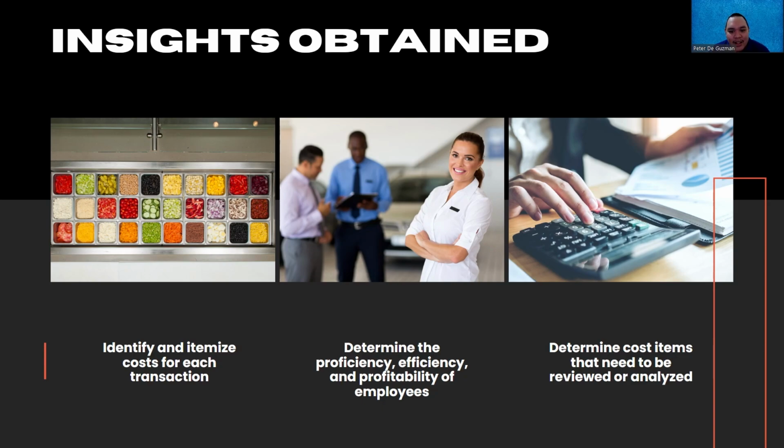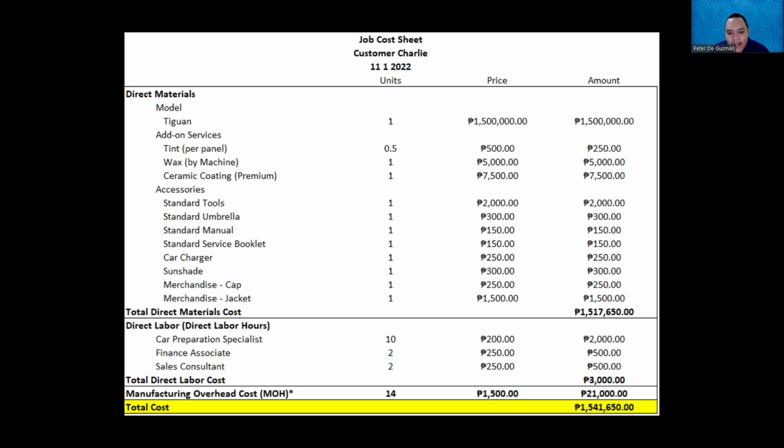So let's take a look here. I think what's important to take a look at is the standard items. As I mentioned earlier, standard items are accessories that come with the vehicle but have their own separate costs, their own associated costs. So we look at the tools. Is there any way for the tools to be reduced to 1,500? Is that plausible? Is that safe still? Will the tools still be effective? Will they be long lasting?